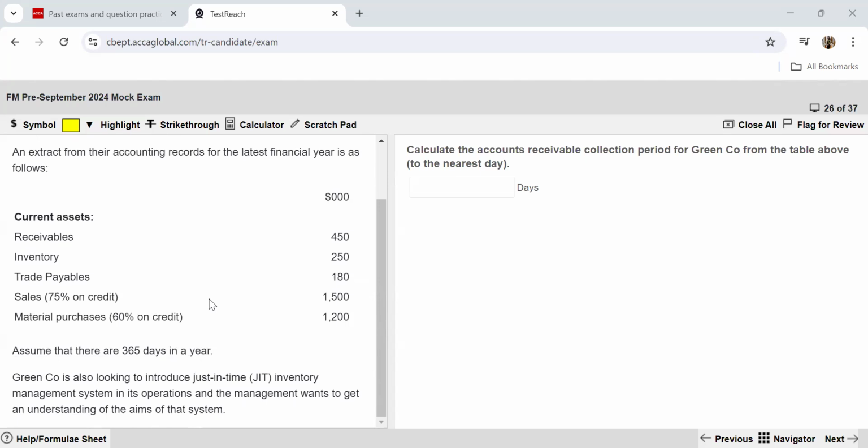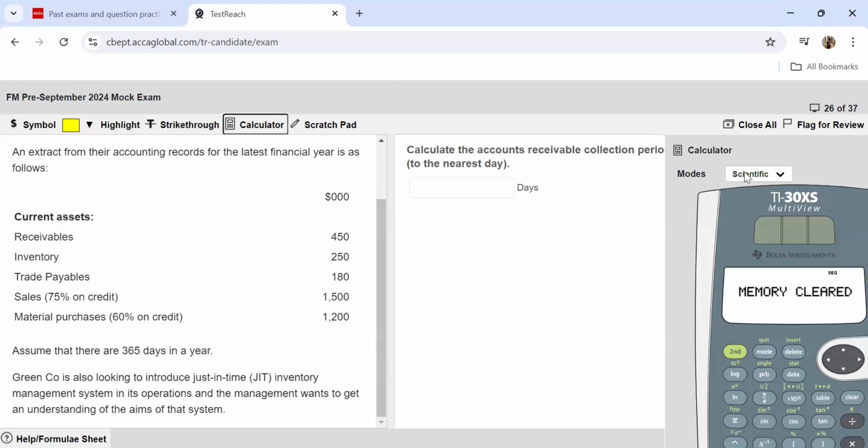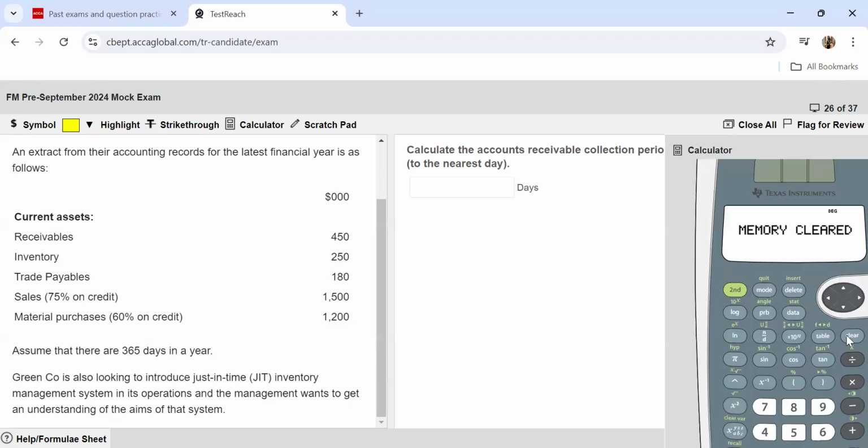So the very first question wants you to calculate the accounts receivable collection period from the table to the nearest day. The accounts receivable collection period is nothing but your receivables divided by the credit sales. So how many are your receivables? It's 450, and this needs to be divided by your credit sales. Your 1500 is the total sales. Out of 1500, 75% are on credit. So your credit sales are going to be